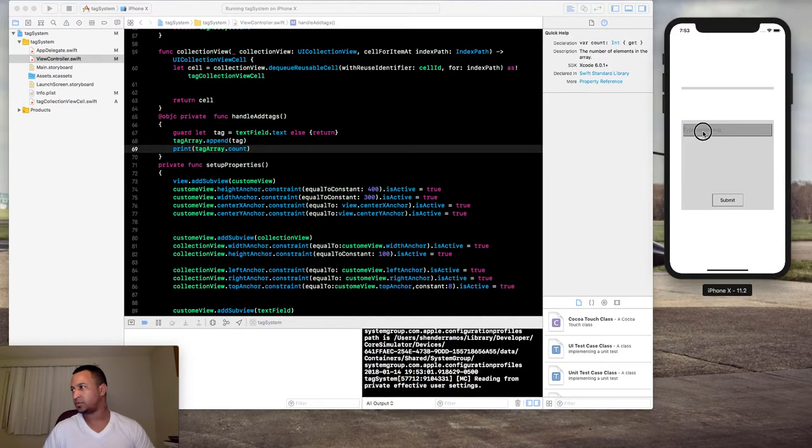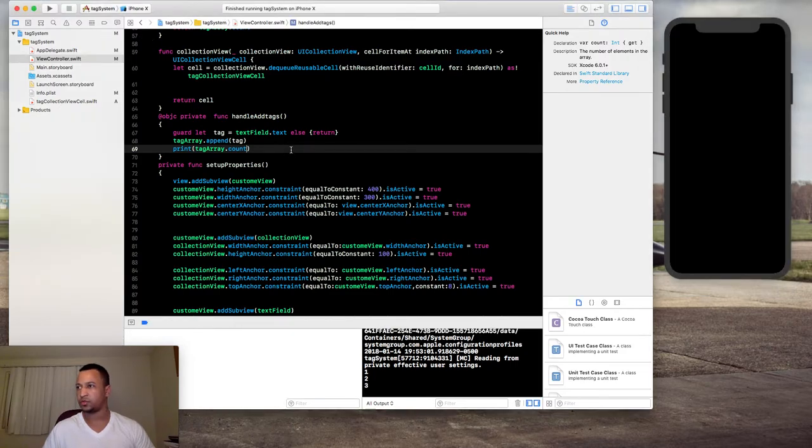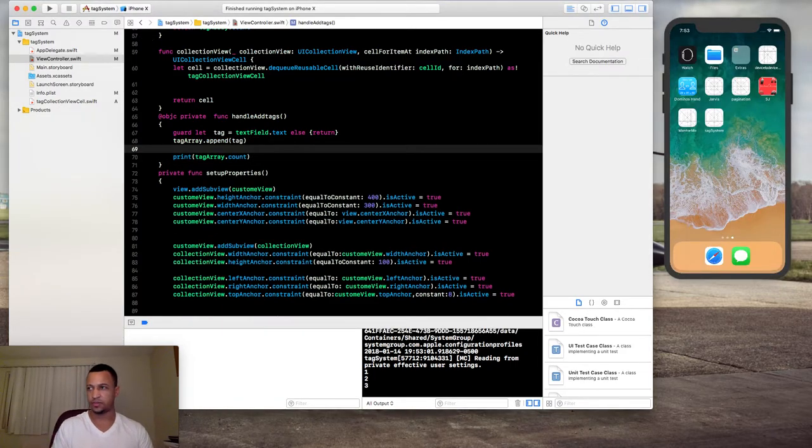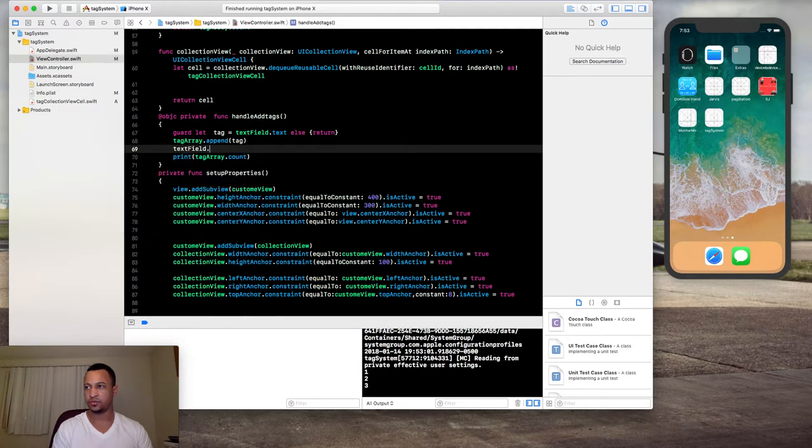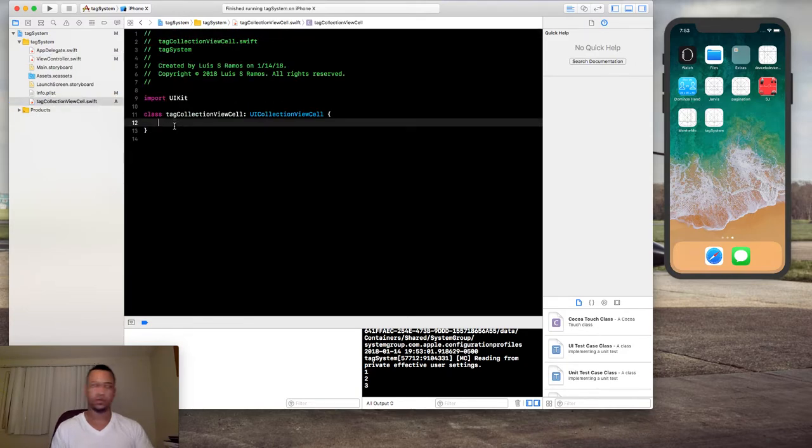Okay, so let's put one, another one, 2, 3. Something we want to do: every time we append this, we want the array text field dot text equal to new. Now let's go to here. Okay, we have to